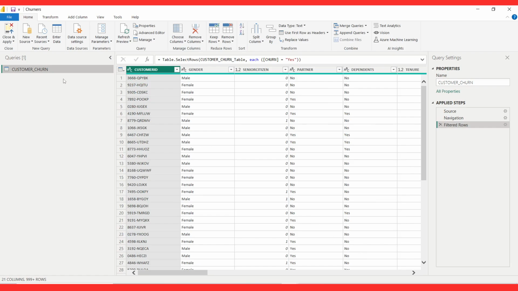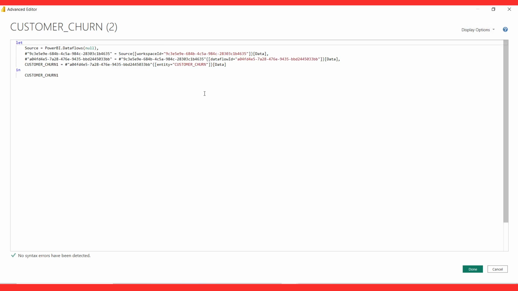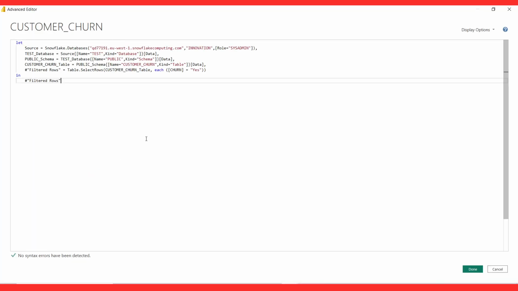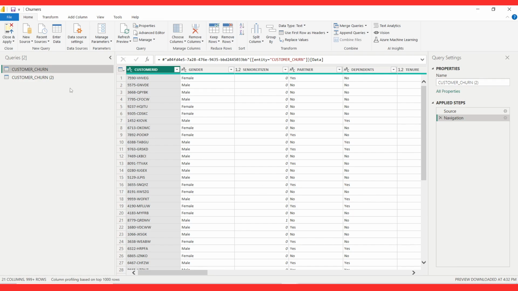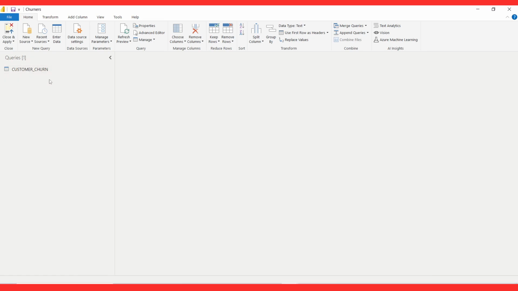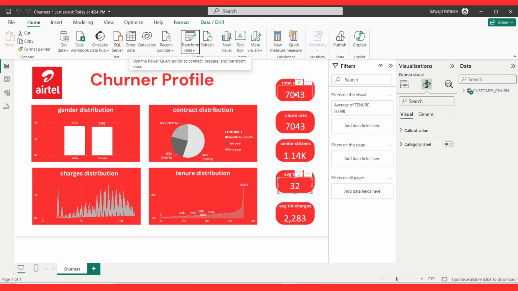Click OK and done. And I will be selecting the advanced editor and I will change it so that my settings are changed, and I will delete my duplicated one. Close and apply. Done. Now one thing is, you can see that it was 1869, right? But now you have 7043. Why? Because in my original settings,